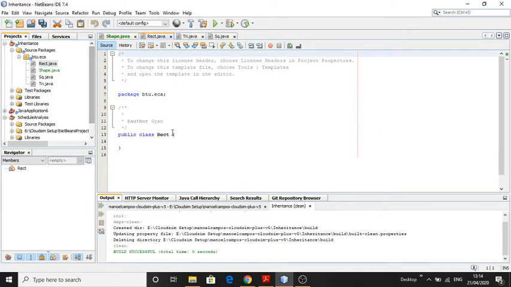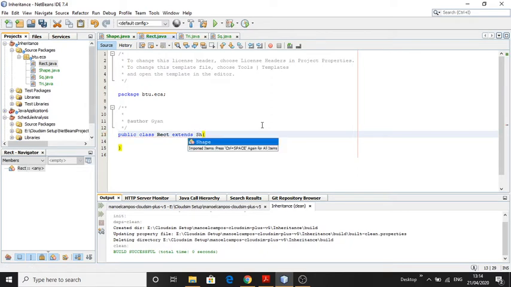So first start with the rectangle. This rectangle class extends the Shape class. So it will produce an error because Shape is an abstract class. So all the methods which are abstract in nature in the Shape class will be implemented in the child classes.